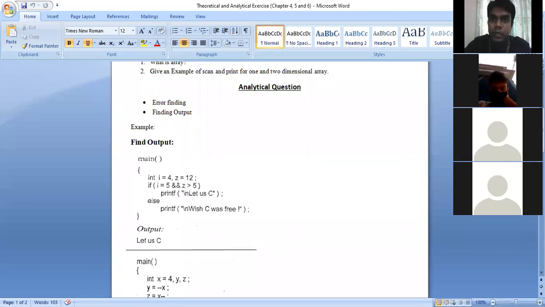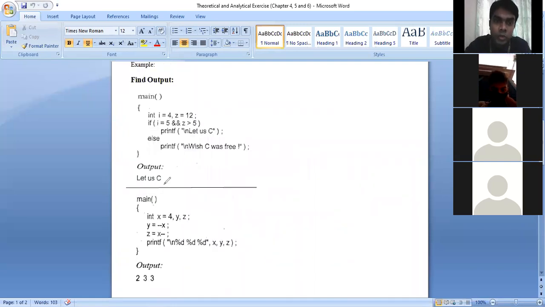So first example, finding output. Though the output is given here, you have to understand. You have to run the code and understand what the output should be. First of all, the value of I is 4 and the value of Z is 12, isn't it?